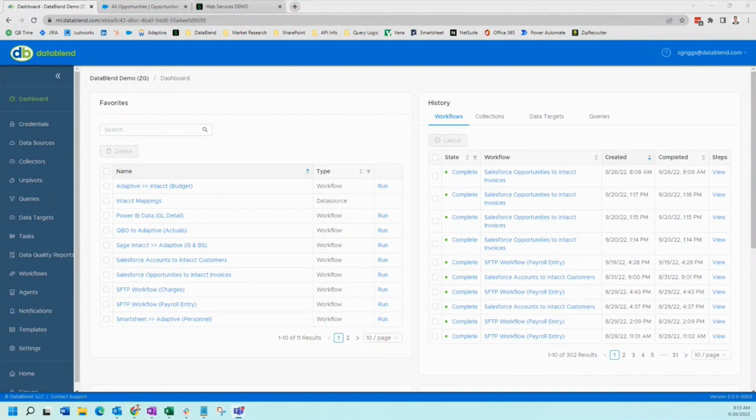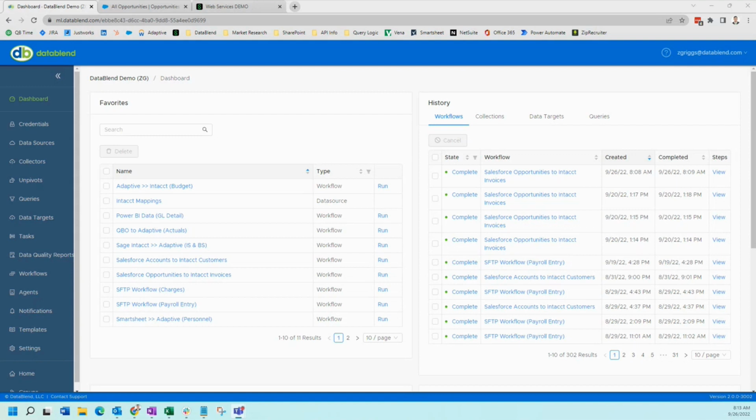Hi, everyone. I'm going to take you through a little bit about a Salesforce integration, leveraging DataBlend as the integration tool that would enable such an integration. So on the screen here, what I have showing is DataBlend. You can log in from any browser. It's cloud-based. It's an iPaaS or an integration tool that can connect to many different systems, but today I'm going